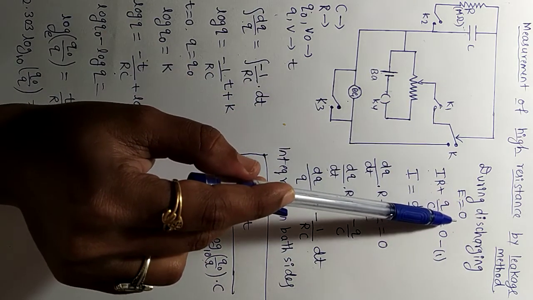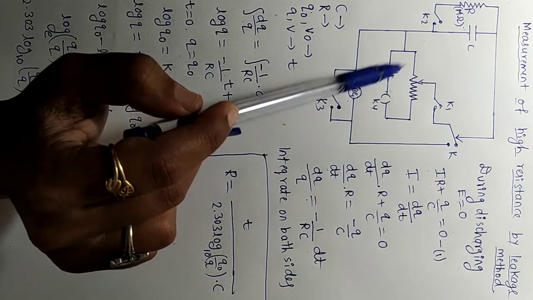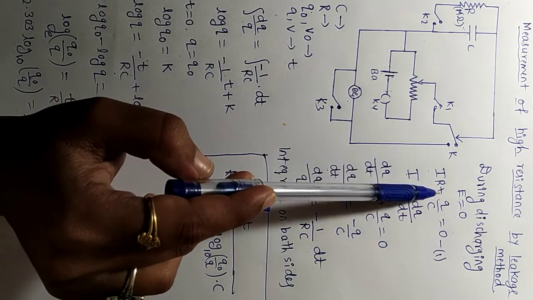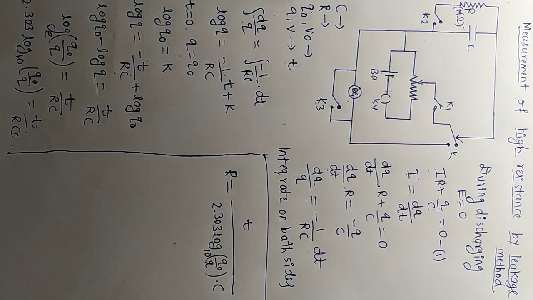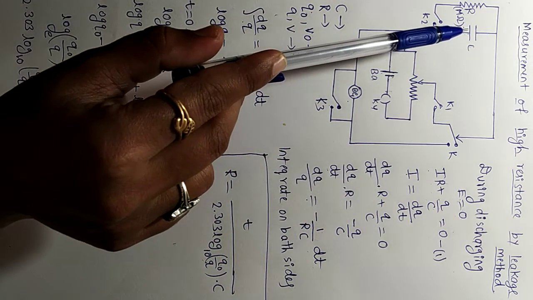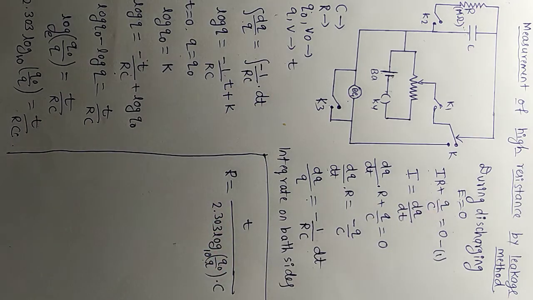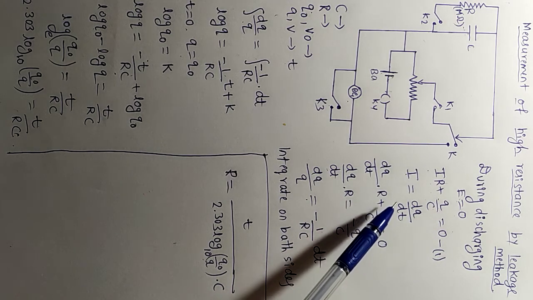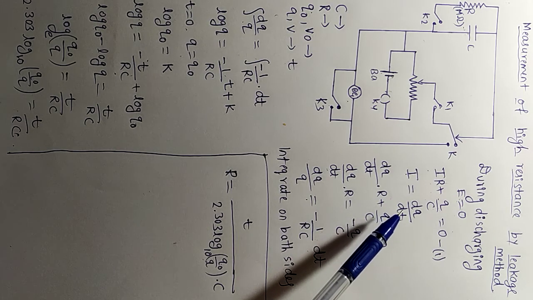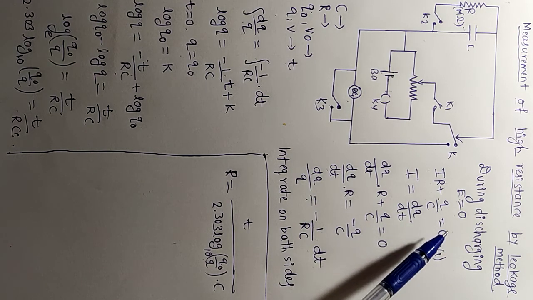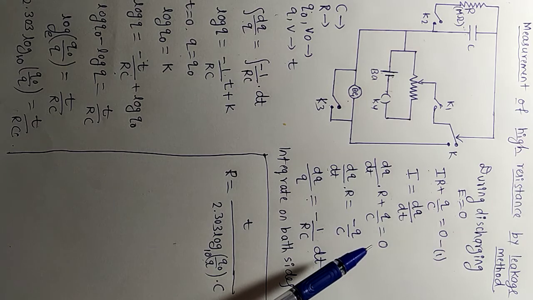So when E becomes 0, as we know, the total voltage has been distributed among the resistor and capacitor. So what we get is I into R plus Q by C, because the voltage across the resistor is I into R, and the voltage across the capacitor is Q by C, which is equal to 0. This is equation number 1. Now substitute I is equal to dq divided by dt, because we already know current is the rate of flow of charges. Now as we substitute this value, we get a new equation.